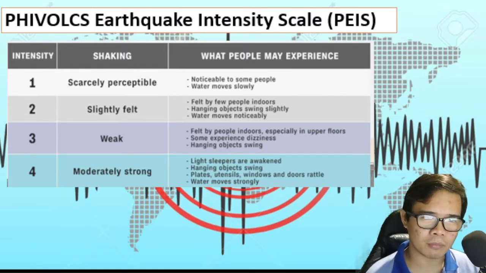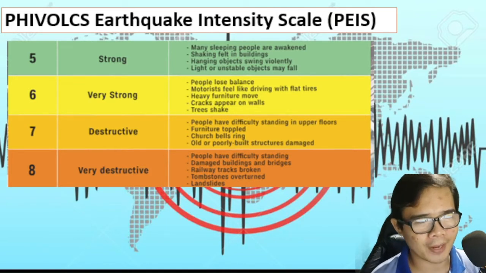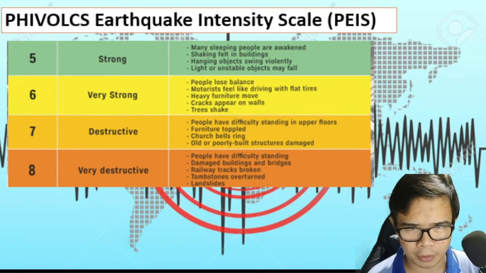This is from 5 to 8. From 5, this is strong, when sleeping people are awakened.